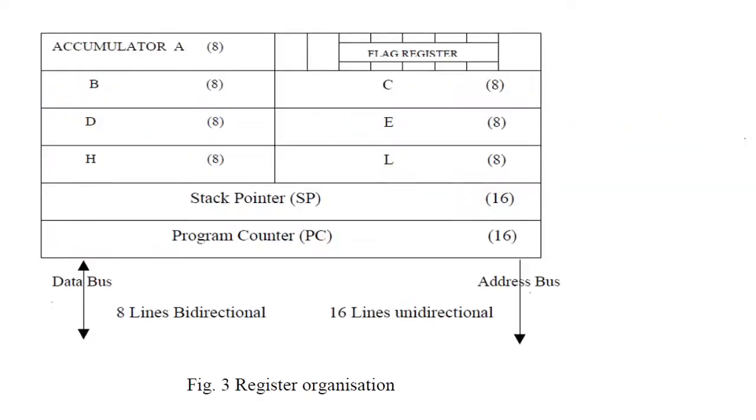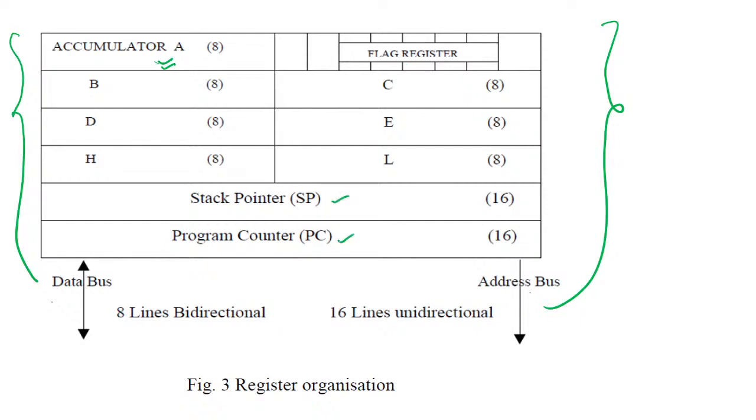Okay, so this is the register file of the 8085 microprocessor. All the registers are shown here. We have an accumulator of 8 bits. The register A is called the accumulator. So whenever you find register A in any programming, that is called the accumulator. Okay, we have a flag register in which we have 5 flags, that is auxiliary carry flag, parity flag, sign flag and zero flag. Then we have 6 general purpose registers, that is B, C, D, E, H, L. Then we have stack pointer and program counter.